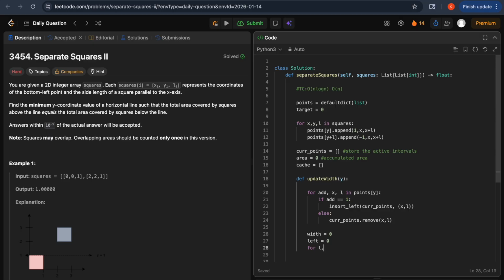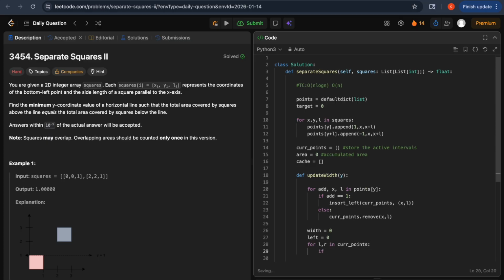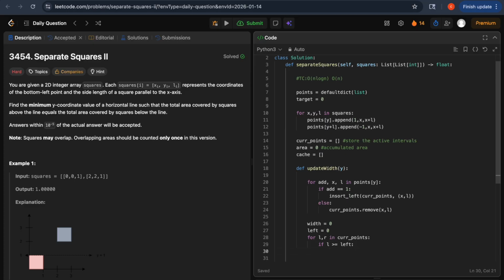So for L and R in current points, if L is greater than or equal to left, right? So in this case this will not overlap, right? Because if the leftmost point of the interval is greater than the left pointer, then there will be no overlapping. So width we can add it, r minus left,